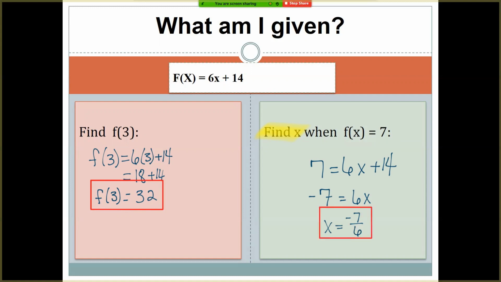And as always, I would just suggest you leave that as an improper fraction. You could, again, plug it back in to make sure it gave you an answer of 7. Questions or concerns? All right, on the next page, you have some problems to work on. Let me know if you get stuck, need help,